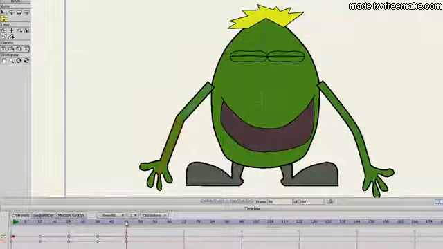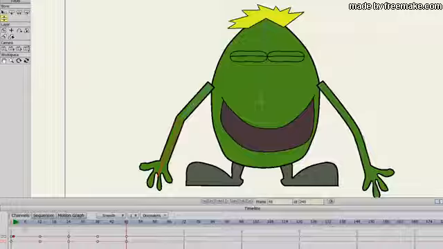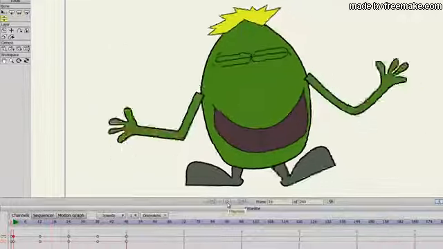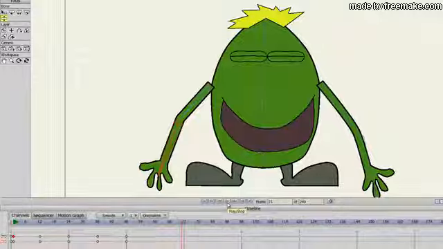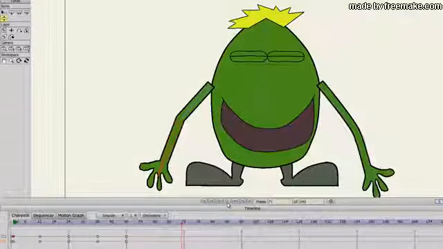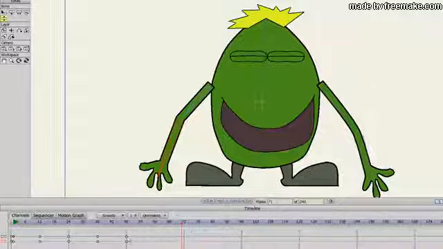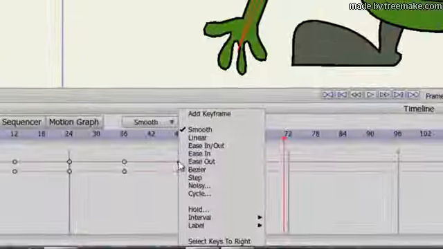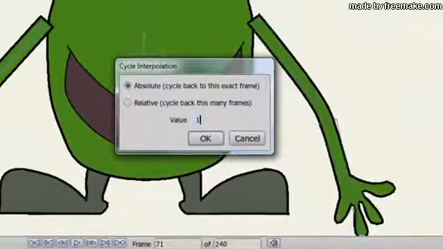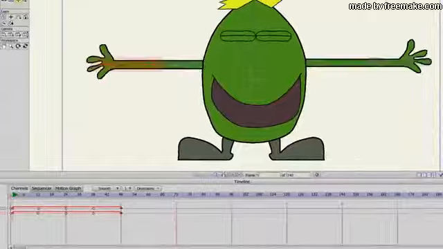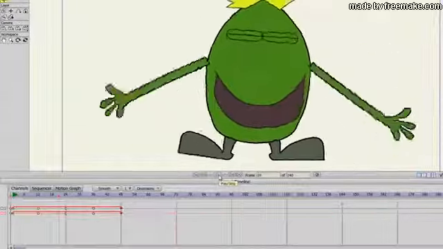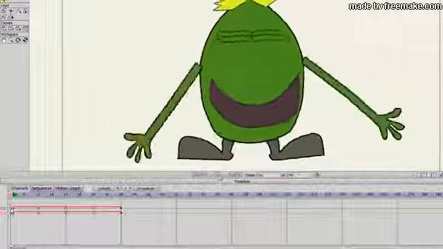So now let's say I want to create a loop animation for this character. Because right now, when I play this, you can see he just kind of does this for up to 48 frames. But let's say I want him to repeat that motion for quite a while. What I can do is right-click on the last frame and choose Cycle. Here, I can tell Anime Studio to, once it hits this frame, go back to frame 1 and play it all over again and keep repeating that process. So Absolute, go back to frame 1, click OK. So now when I play this, you can see it just keeps going and going and going,